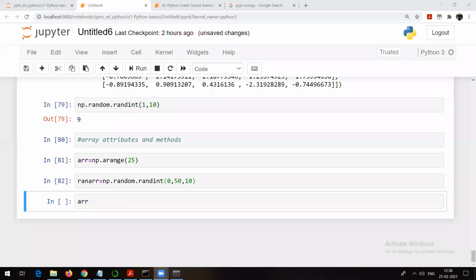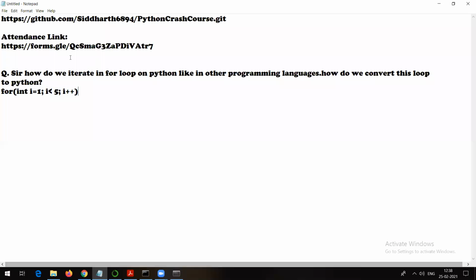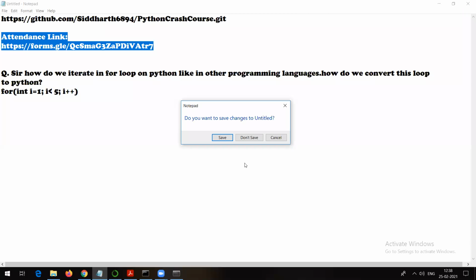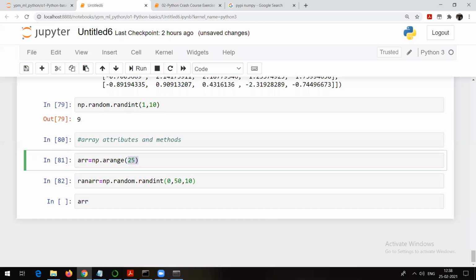Are you getting my question? How many elements and which are those elements? Let me know if you are not getting my question.